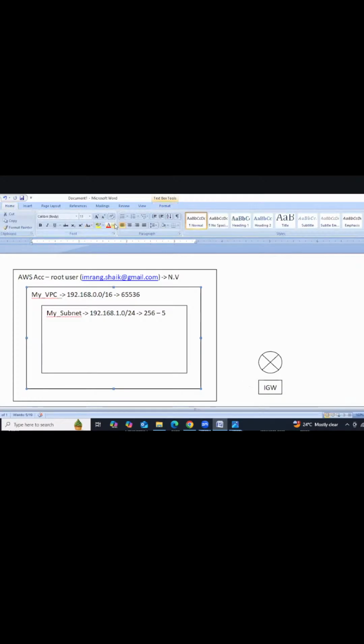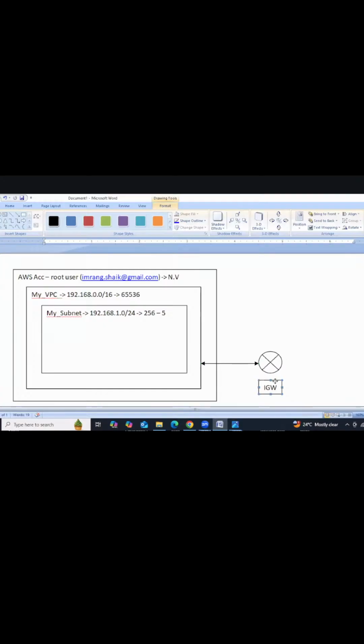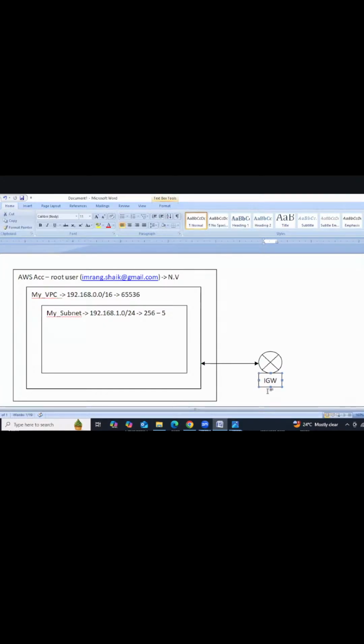After creating the IGW, we need to add this IGW to the VPC. This is the VPC border, right? This VPC is going to get the internet with the help of this IGW. Okay. Let's see here.